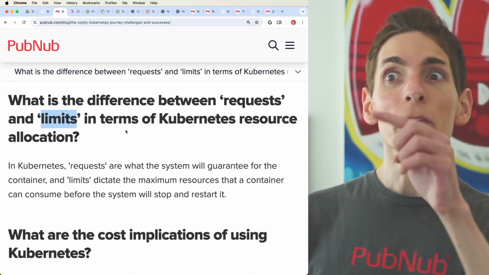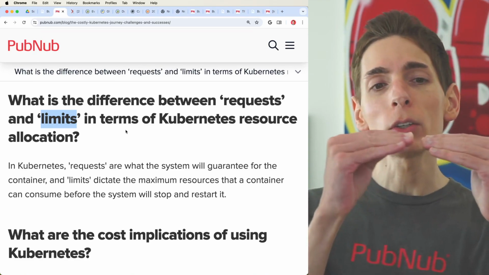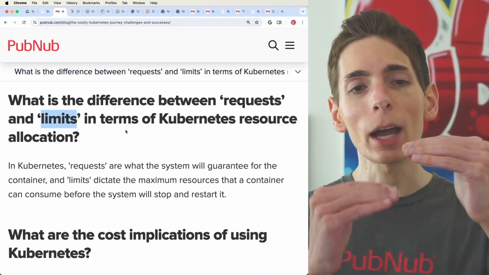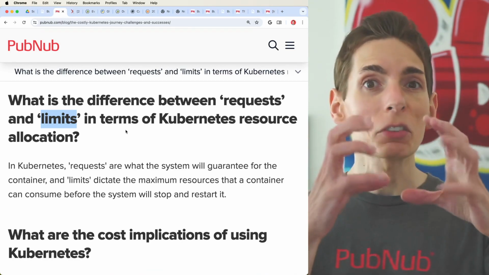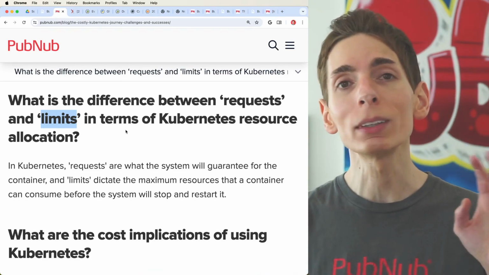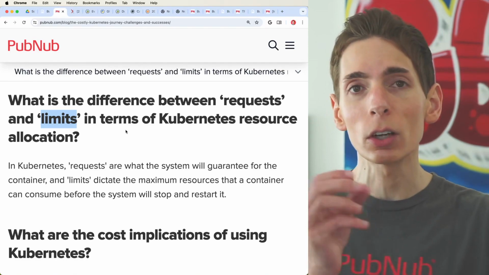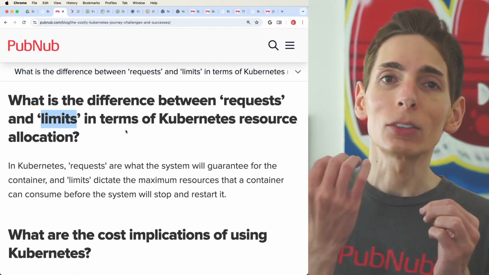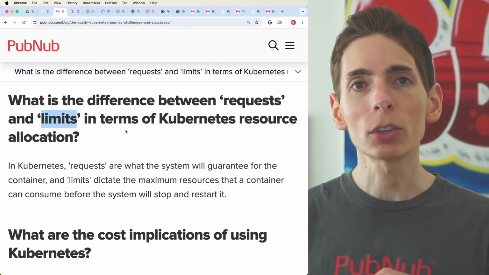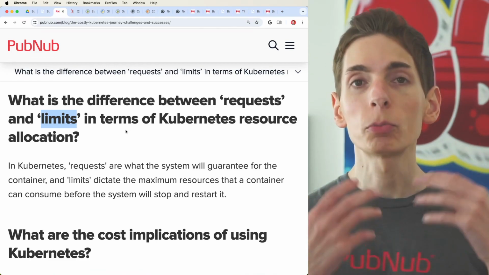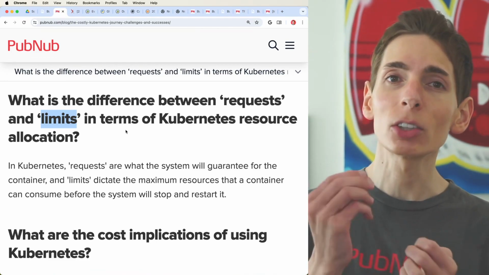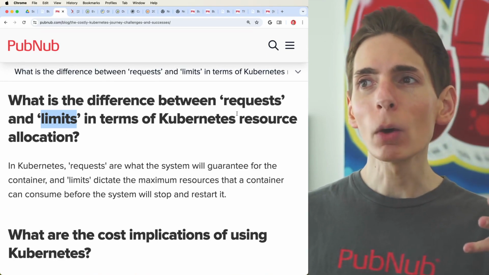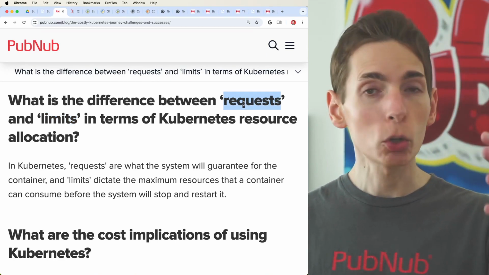Because the problem is, if you request 100 megabytes and your application goes above that, Kubernetes is actually going to terminate the container, assuming that it went way beyond its limits, and it's going to kill it out of memory. It's going to terminate that process, which is not good because that process is probably actively servicing existing customer traffic. So you still want to set a reasonable request, say